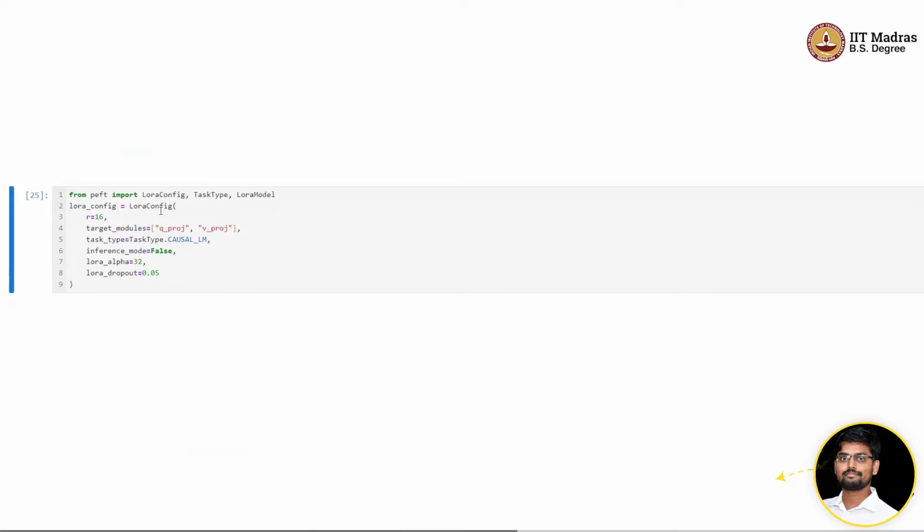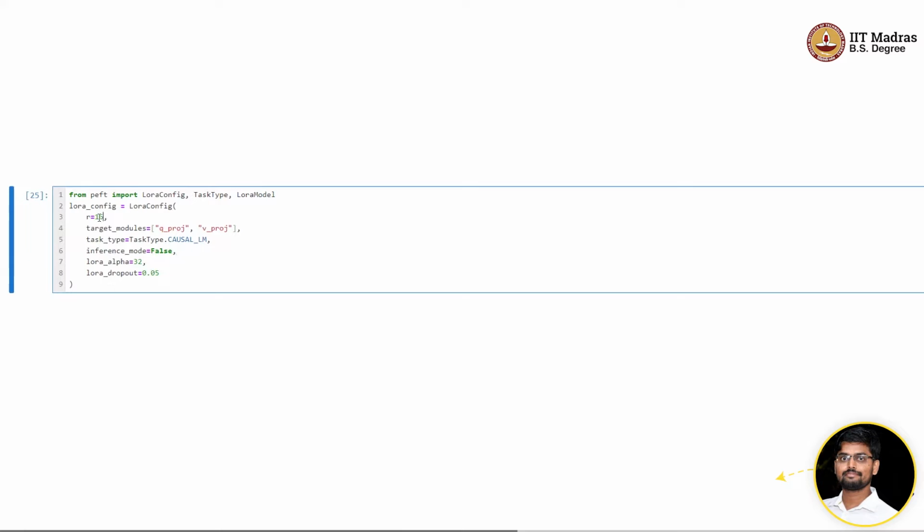So again, we use the module from Hugging Face, which is PEFT, and we import LoraConfig and also the task type, because the task type implies that we can fine-tune the model for multiple tasks. Here we are doing continual pre-training, so the task is causal LM, but we can do token classification or sequence-to-sequence, or whatever. There are some 6 to 7 types of tasks, but here we are using causal LM, so we just set the task type. And we are setting inference mode equal to false because often PEFT is used during training, but of course you can use it in inference as well.